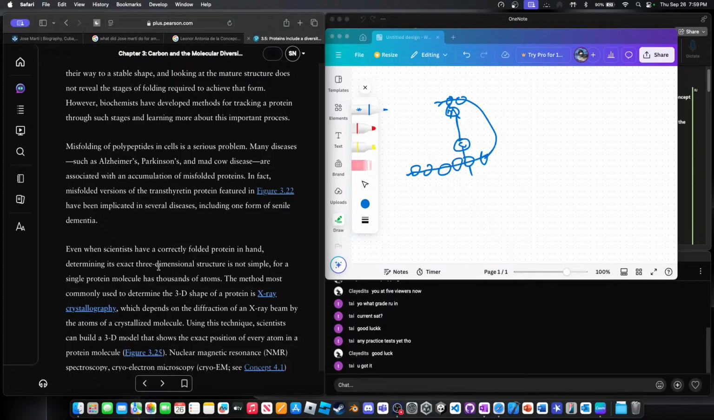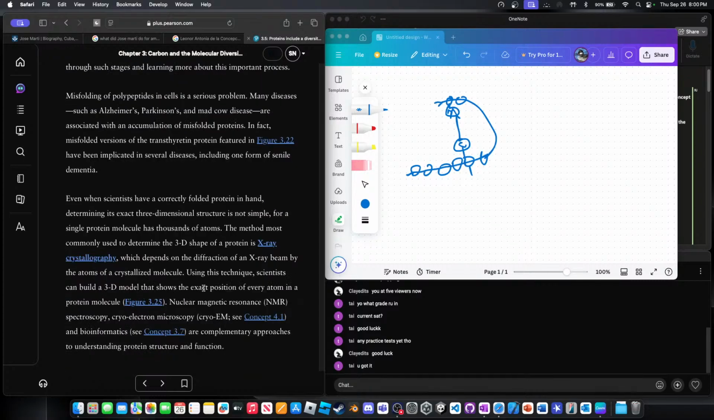Even when scientists have a correctly folded protein in hand, determining its exact three-dimensional structure is not simple, for a single protein molecule has thousands of atoms. The method most commonly used to determine the 3D shape of a protein is X-ray crystallography, which depends on the diffraction of an X-ray beam by the atoms of a crystallized molecule. Using this technique, scientists can build a 3D model that shows the exact position of every atom in a protein molecule. Nuclear magnetic resonance spectroscopy,